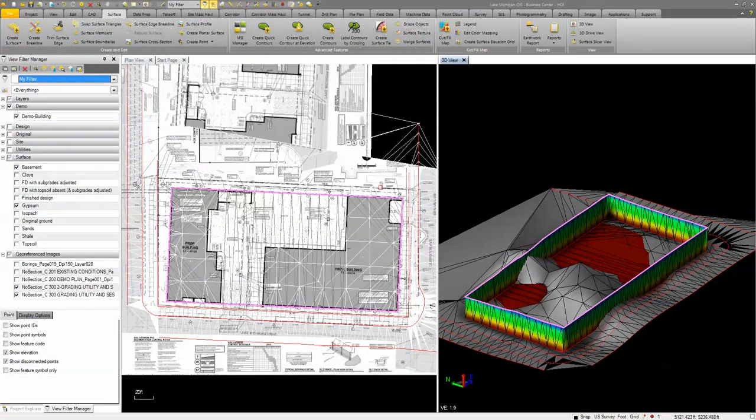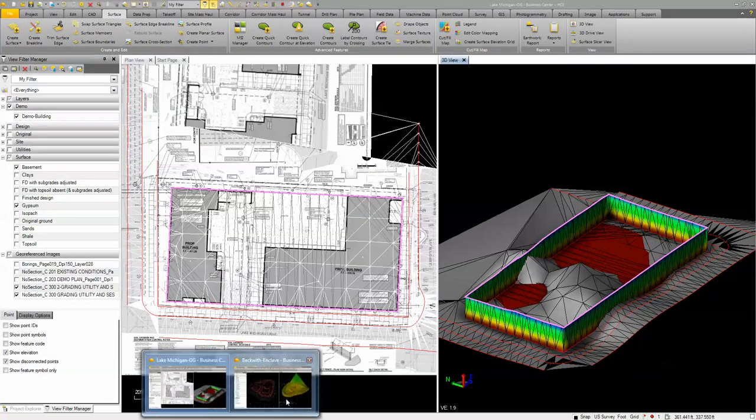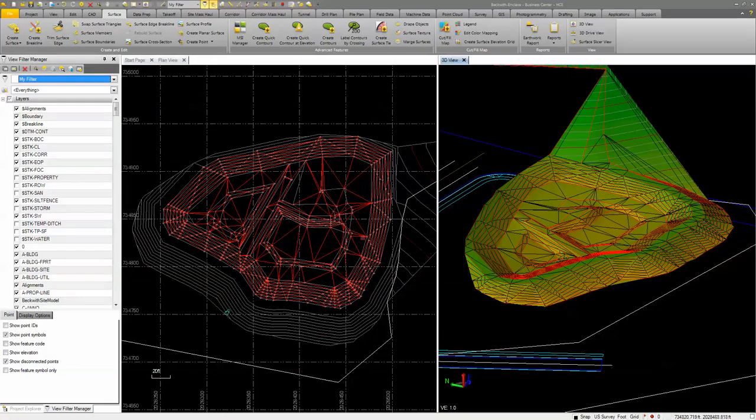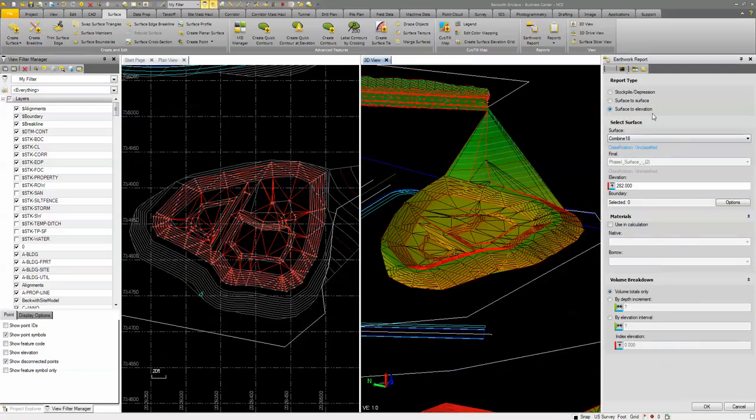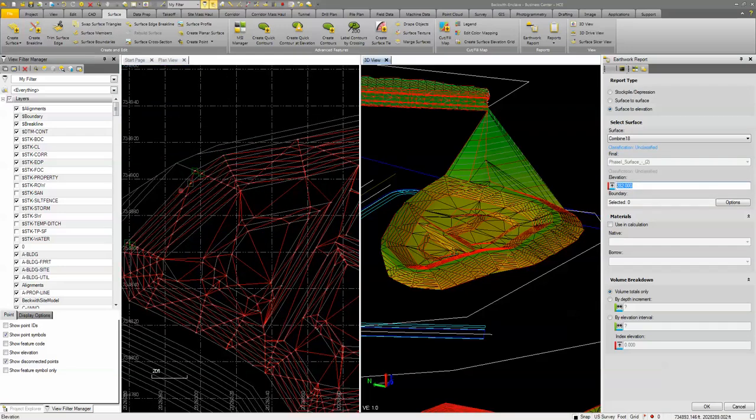Another use for this tool is to determine maybe the volume of a pond. So here I have a pond, I have a surface, and what I want to do is use the Earthwork report. I'm going to do the surface to elevation. I'm going to choose the surface that I want to compare to, and I'm going to assign an elevation, or in my case I just happen to pick the top contour elevation. In this case 281, and then I did the same thing for the boundary. Okay, and when I click OK,